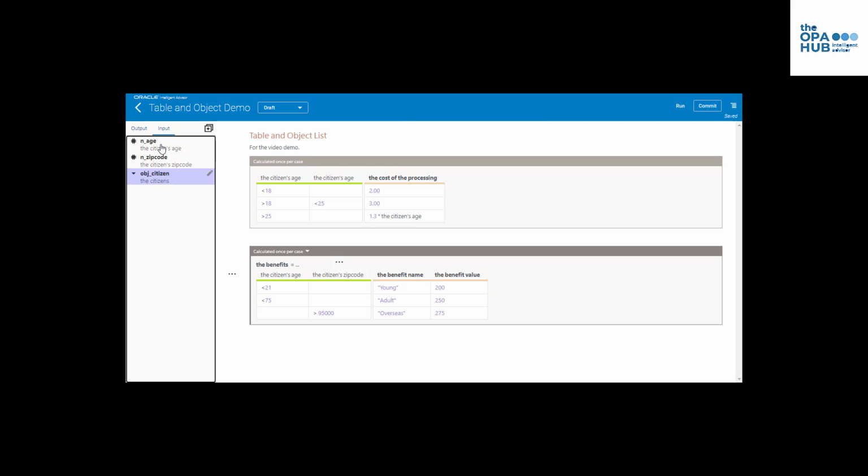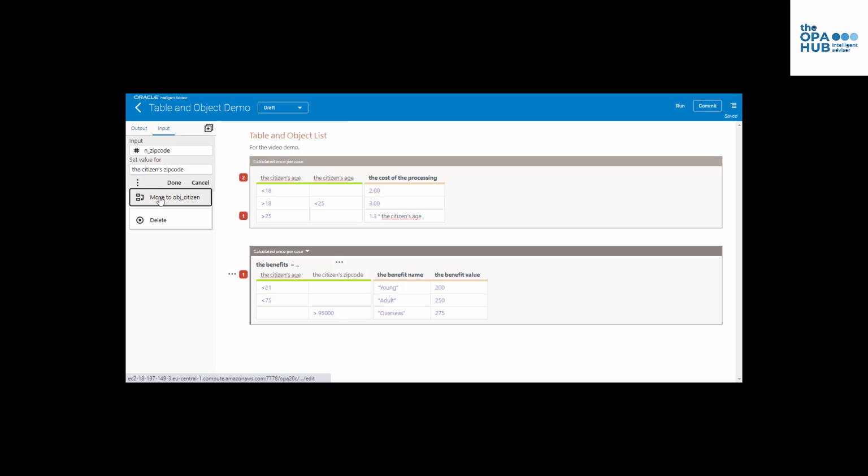I actually now want them to be part of the citizen. In OPM, that would have happened kind of automatically. It would have noticed the name of the entity text rather, and would have brought those into the entity. In this case, all I have to do is click move to the citizen. And we'll do the same for the zip code. Move to the citizen. So now I have the input entity called citizen, and I have the age and the